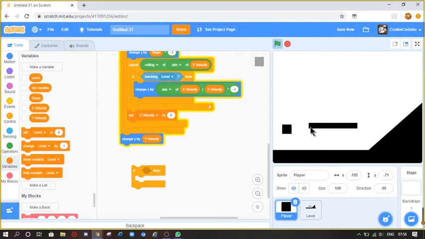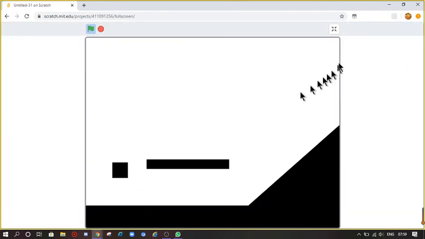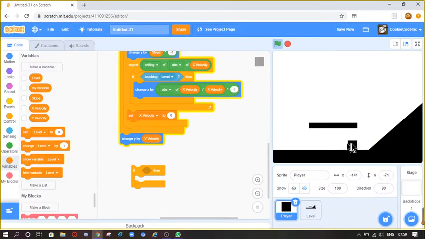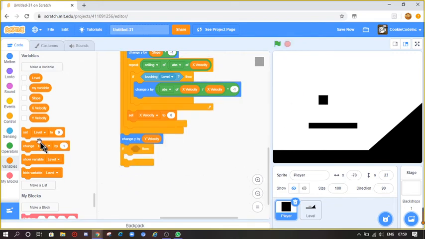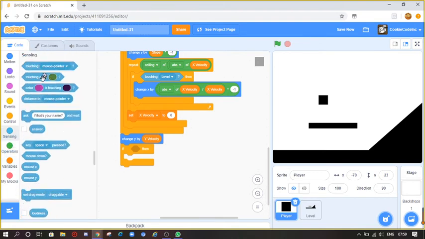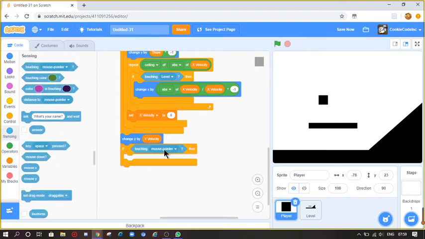As you can see, I seriously cannot get through this wall. If I go up a slope, I go up the slope, but then I can't come down, so that's why we're going to have to do some gravity. So go to control, grab an if, go to sensing, if touching level,